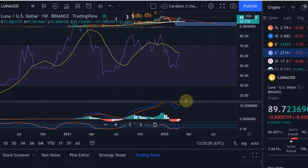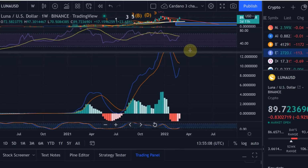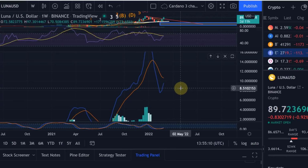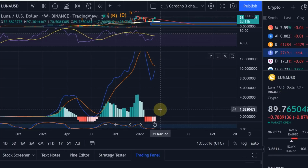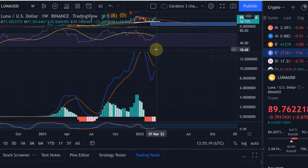Yes, it did correct 50-60%, but has recovered that already, and it was not a lasting correction where the RSI and even here the MACD had a chance to really come down. That is what's needed. They need to come down in order to